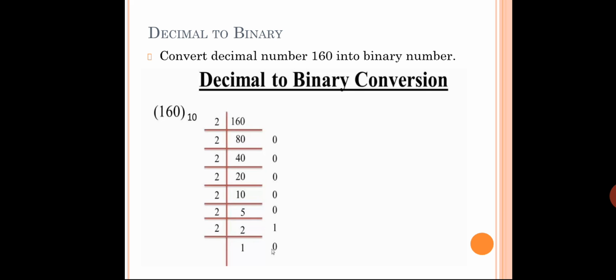So this is also a kind of method. Fine. What I have done, I have taken the decimal number and I have divided throughout by 2. If I want to convert it to binary, because binary is having the base 2, isn't it? So 2 is nothing but 0 or 1, either 0 or 1. Okay, so that is the reason why I have divided the decimal number throughout by 2. Okay, this is the way how you represent. So how to represent the answer? So answer will be 10100000 to the base 2.